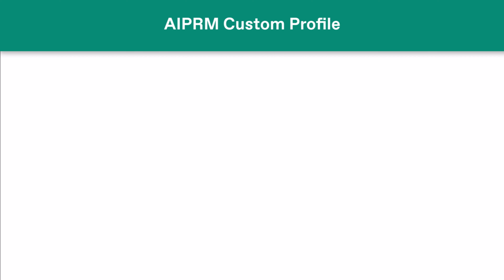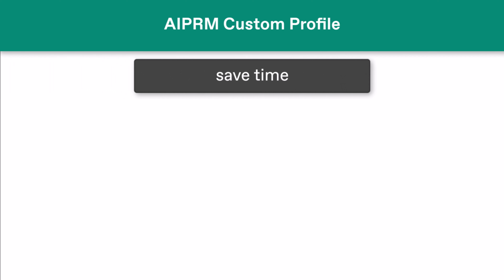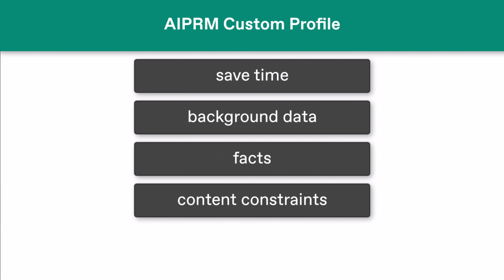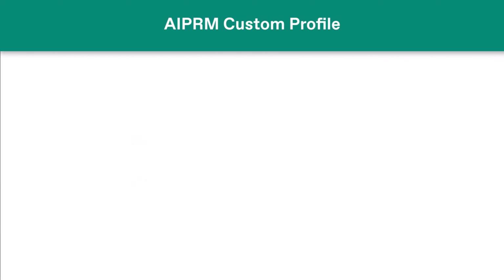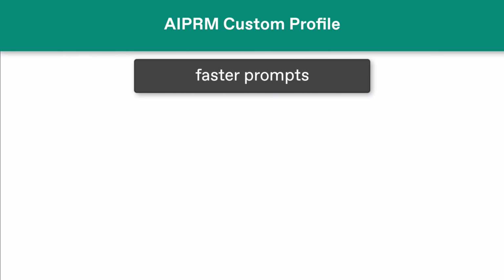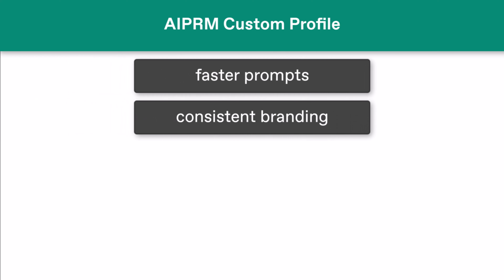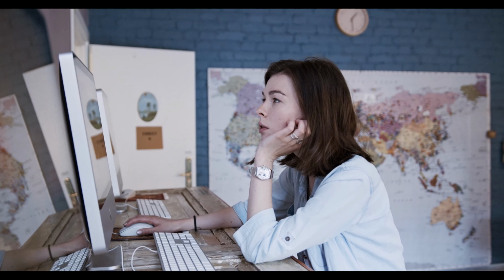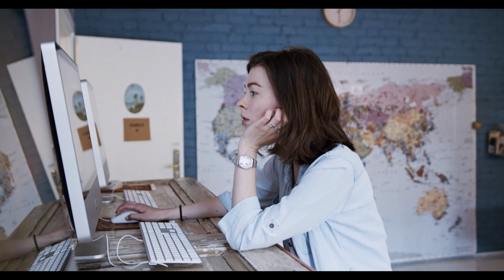A custom profile is a time-saving feature that quickly loads background data, facts, or even content constraints into a prompt. It helps you generate faster prompts with a consistent branding message. If you own a business or generate content for a social organization, setting up a custom profile is an easy way to load the same branding information without looking for the text or pasting copy into a field every time